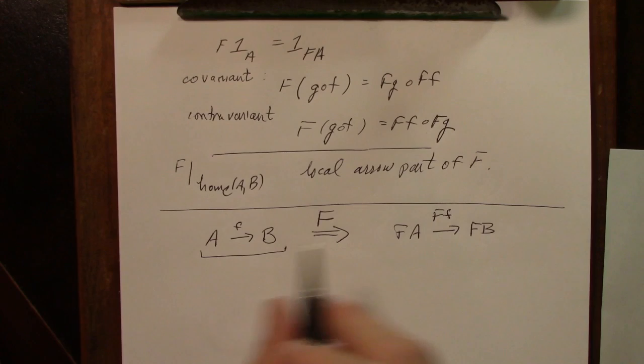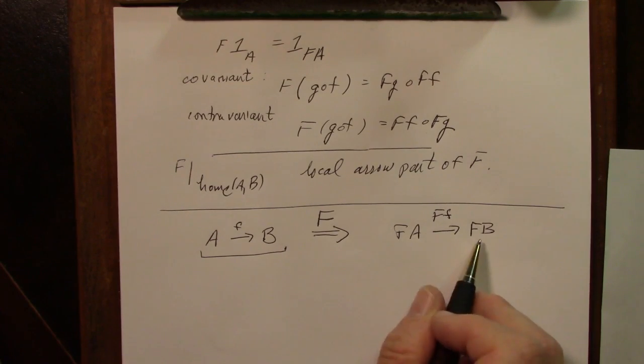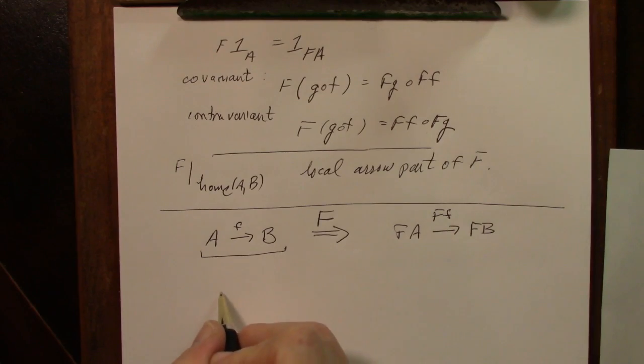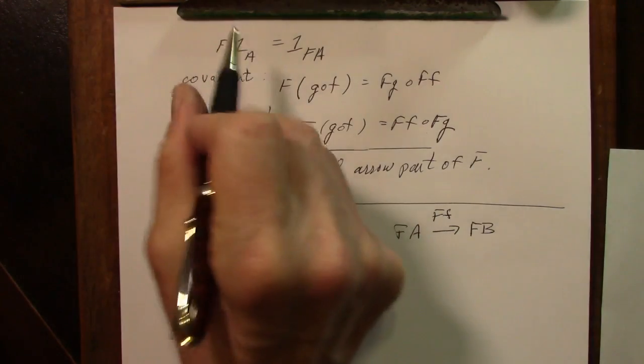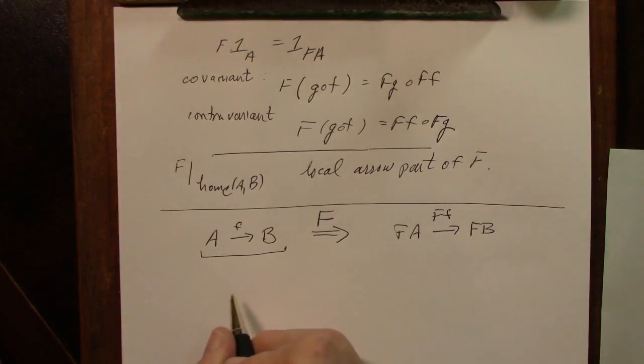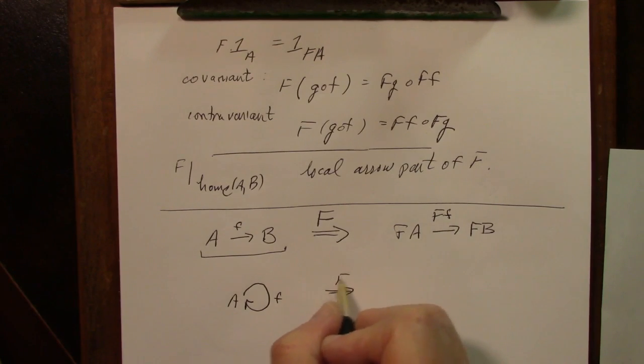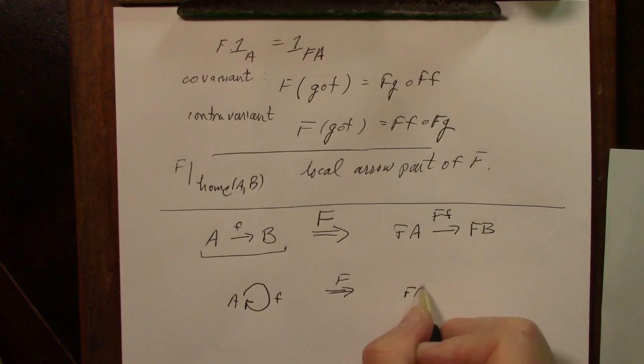In the contravariant case, you would switch FA and FB. And the two conditions, this first one here about identities, says that a loop is taken to a loop,